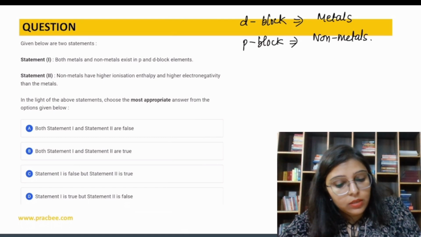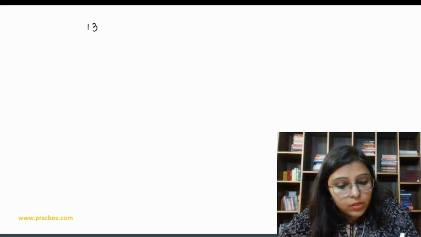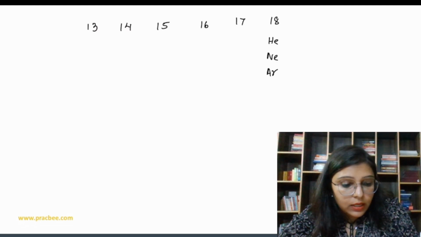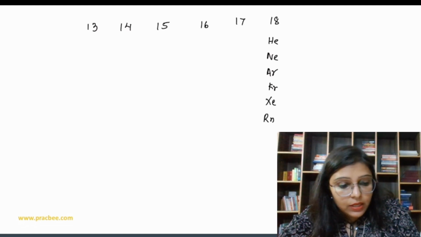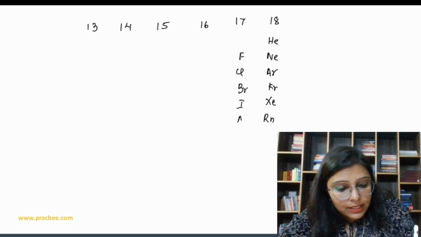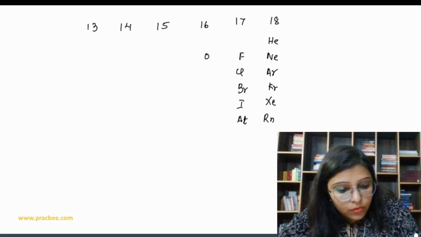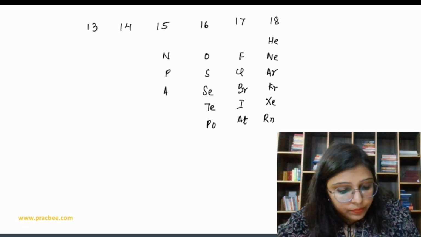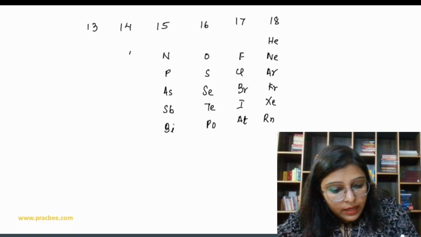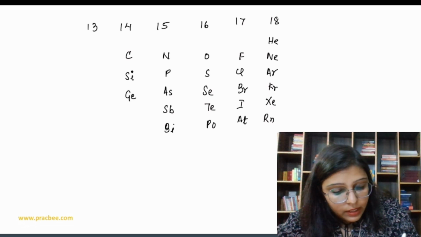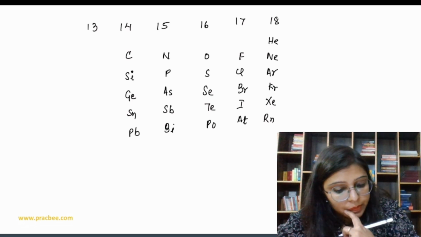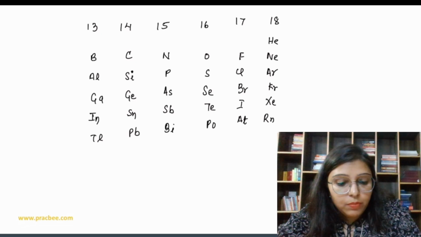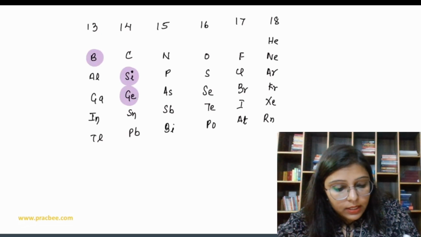If I write the P block elements, group 13, 14, 15, 16, 17, 18. So here group 18: helium, neon, argon, krypton, xenon, radon, right? Then we have fluorine, chlorine, bromine, iodine, astatine. Then oxygen, sulfur, selenium, tellurium, polonium. Then nitrogen, phosphorus, arsenic, antimony, bismuth. Then carbon, silicon, germanium, then lead. Group 13: boron, aluminium, gallium, indium, thallium. So in these P block elements, boron, silicon, germanium,